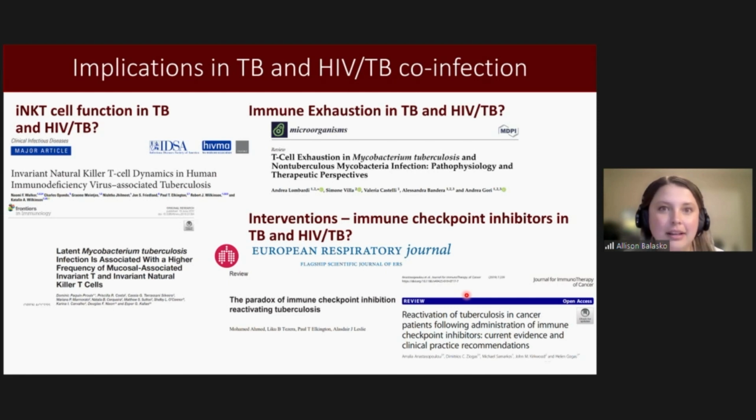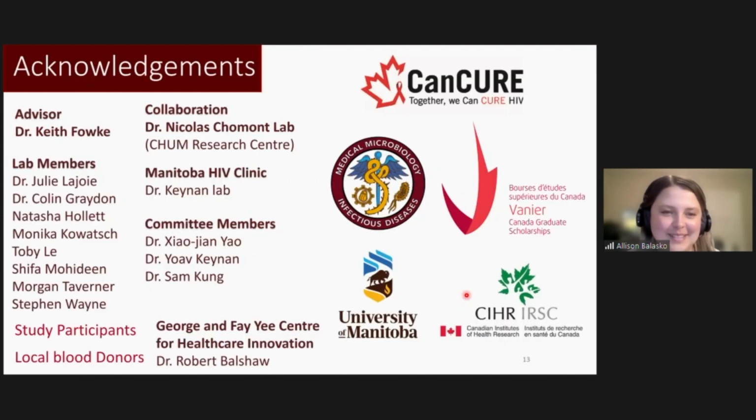There are some important findings on that because you can't ignore someone's TB status, for example, someone with cancer but also with TB. If they take these immune checkpoint inhibitors to try to treat their cancer, there are actually effects of activating some TB, and there are also some interesting findings in HIV and some hypotheses as well that should be considered there too. But I'll leave that for the sake of time, just some food for thought.